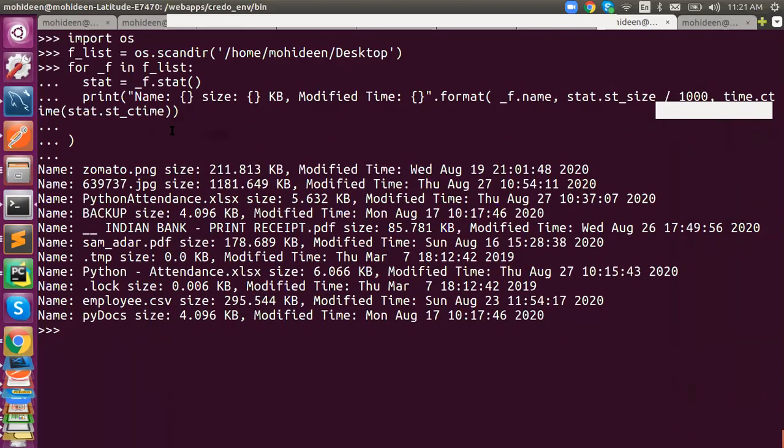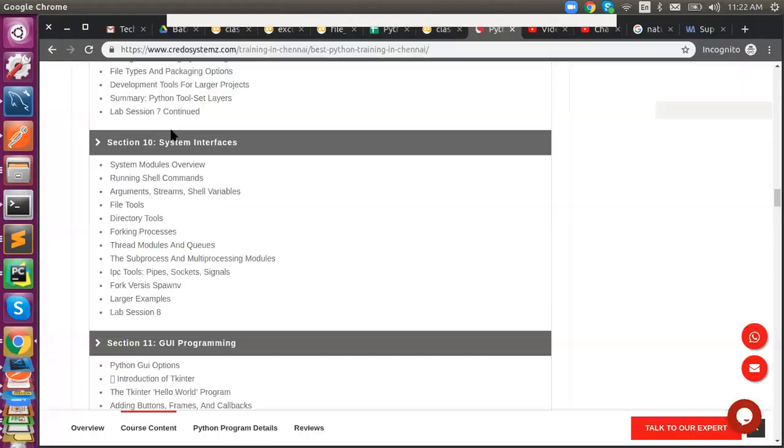Got it? Here I've gone through completely with the help of dir and help. That is what I've been saying from the very first class: please start practicing dir and help. You don't need any help from anywhere; that is more than enough. I just went through dir, listed out the possibilities, and used the help section to see how to utilize it. That's it. So please start using it.